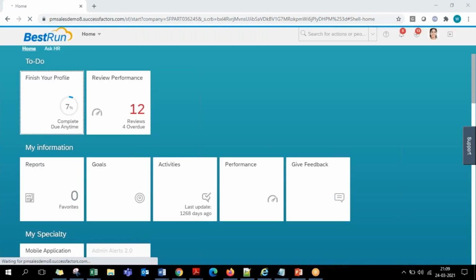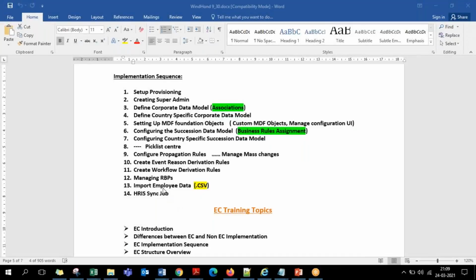So guys, in our session today, the first point to be discussed is the HRIS sync as a concept. In the employee centered implementation sequence of steps, the 14th step is the HRIS sync, this last one. So what does this HRIS sync do? Basically it integrates the data from employee central into the other talent modules. Whenever you want to have the data from the employee central module synchronized with the other talent modules, that